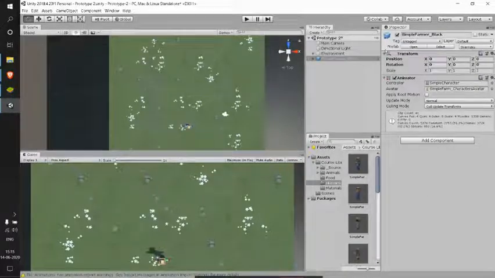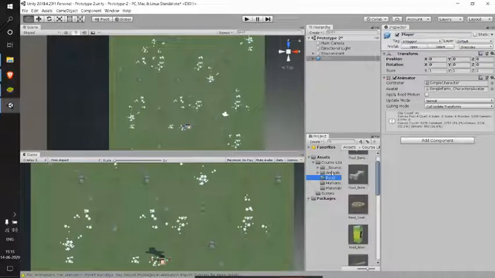So that's okay. I'll leave it like that, and I'll just rename this as player to make more sense.